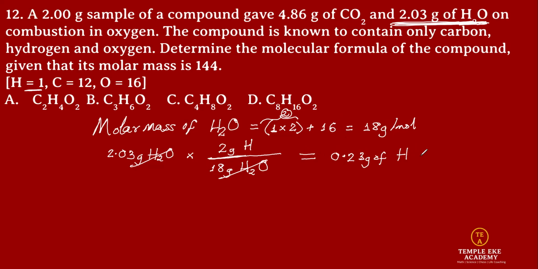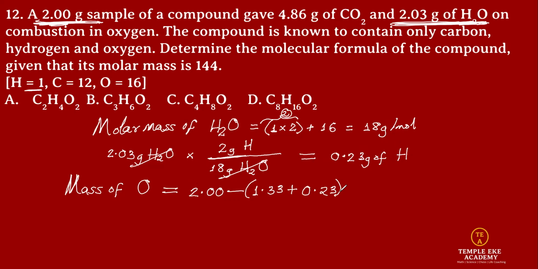That's right. Now we know the mass of carbon present and the mass of hydrogen present. From this, we can make use of the total mass of the sample and find the mass of oxygen present. So our statement is mass of oxygen present is going to be the total mass of sample, and the sample is already 2.00 grams. Total mass of sample, 2.00 grams, minus the combined masses of hydrogen and carbon present. Carbon present calculated earlier, 1.33, plus that of hydrogen present, 0.23